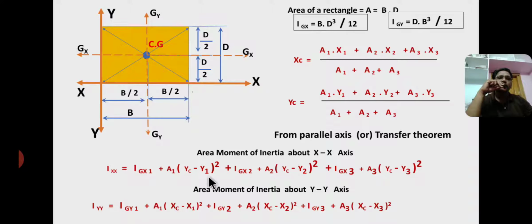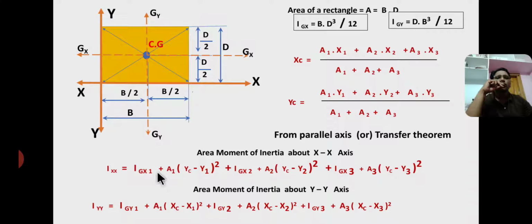So for a number of sections, you have to repeat the same for n sections. Here I am showing it for 3 sections. So Igx1 plus area 1 into yc minus y1 whole square for section 1, Igx2 plus area 2 into yc minus y2 whole square for section 2, Igx3 plus area 3 into yc minus y3 whole square for section 3,